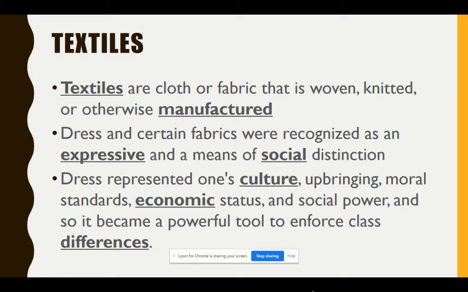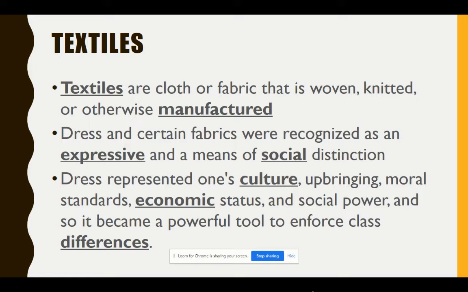Also, when I discuss social distinction, this is the ability to tell what social class people were a part of based on what they wear. We talked about this when we first introduced social hierarchy. And this is something that we still see today. People that are in a higher social class or higher up on the social hierarchy will wear more expensive clothing, have access to different textiles and fabrics,